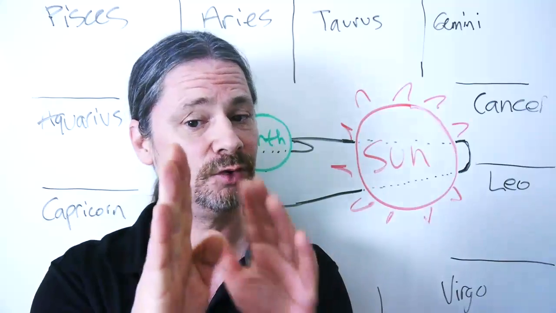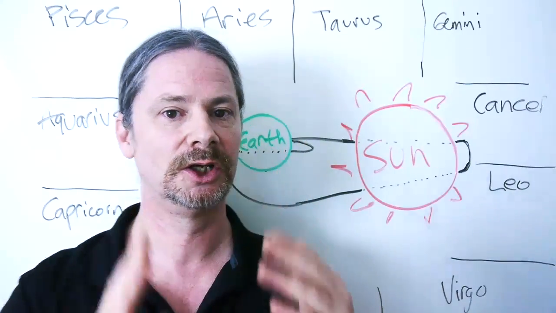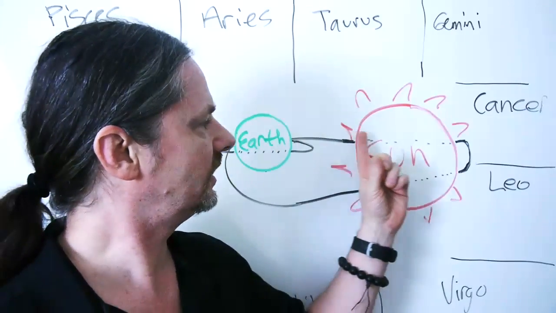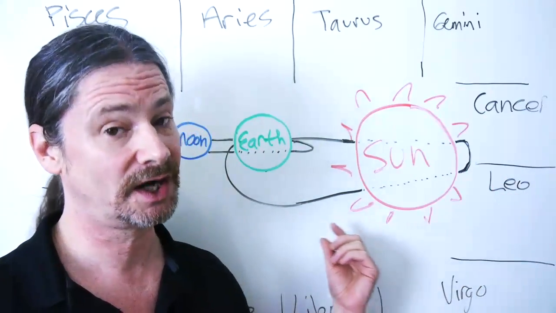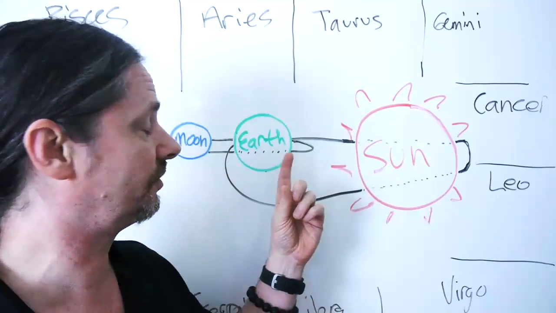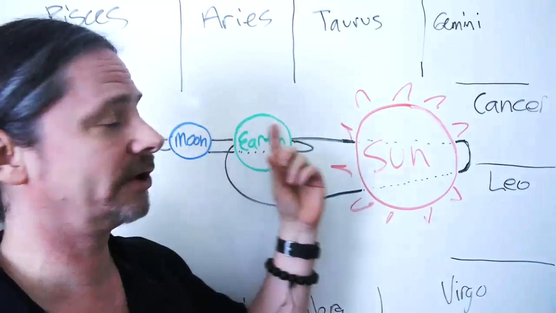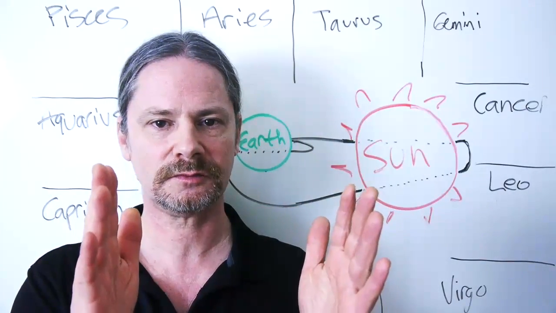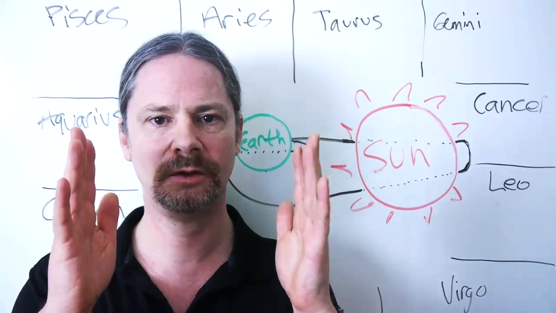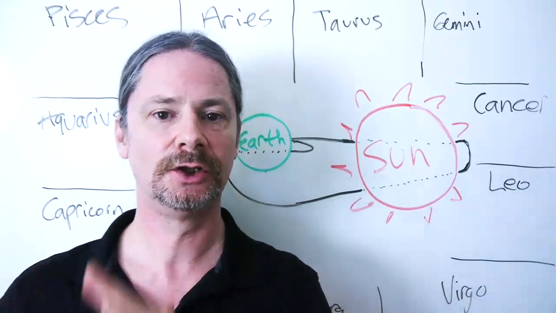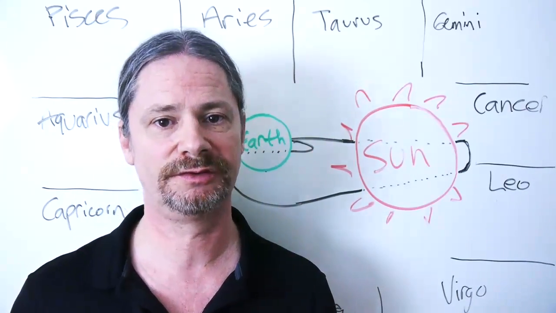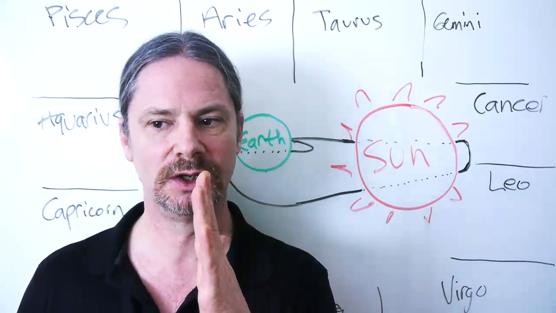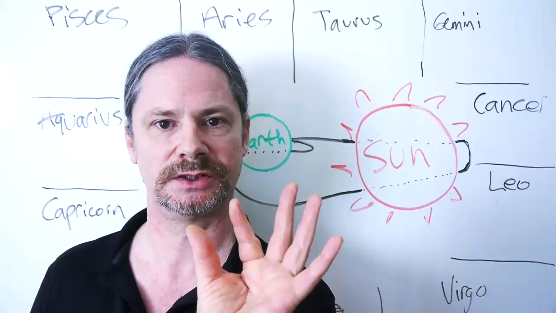But again, it's not the Sun moving, it's the Earth moving around the Sun, which makes the Sun appear to go around the zodiac. But the fact that the Earth going around the Sun is approximately 360 days, and the Moon going around the Earth, this directly approximates 12 lunar cycles, 12 30-day lunar cycles. And again, this is one more thing you can understand about Vedic astrology. Their relationship with the moon is much more precise.